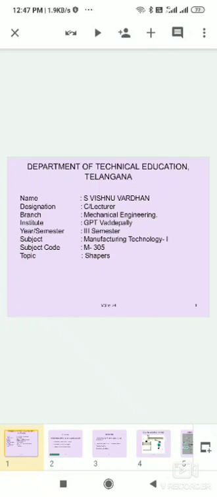What is a shaper? First we learn the shaper. In machining, excess metal is removed by a cutting tool. Metal is removed from the work with the tool moving and the work stationary, or the work moving and the tool stationary, or both the tool and work moving.